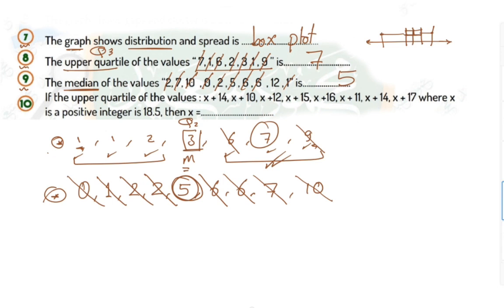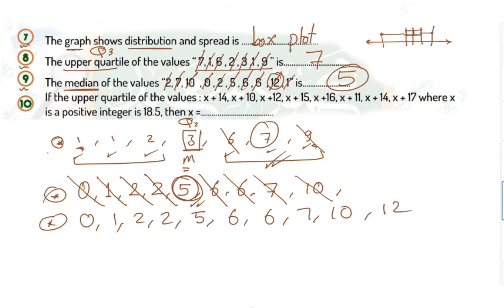But if you looked here, we have 12. Okay, we forgot this 12. So if you have 12 here, now without this 12, I just find the median as 5. But note with me, we had 0, 1, 2, 2, 5, 6, 6, 7, 10, and 12. So if you delete one from right, one from left, one from right, one from left, again,